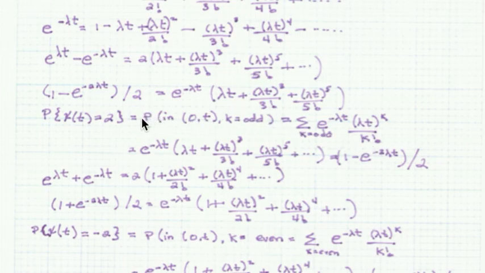Okay, when summarized, this will break down into e to the minus lambda t times the quantity lambda t plus the odd points, which basically summarizes into this point where P(X(t) = 2) probability is equal to (1 minus e to the minus 2 lambda t) divided by 2. Now, correspondingly,